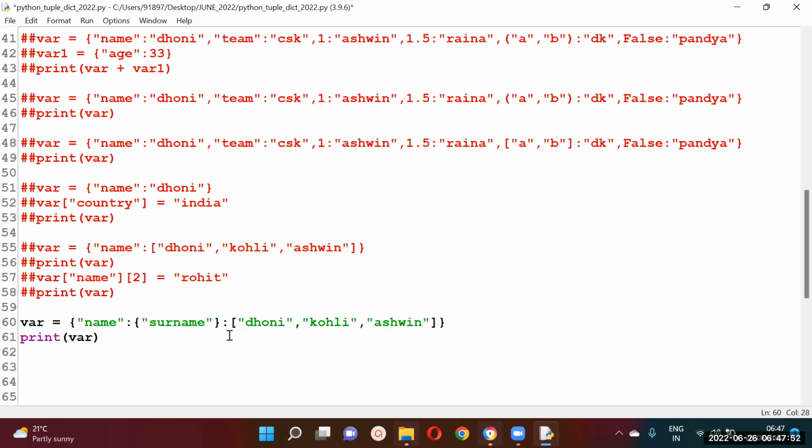Now look at that. This is another complex representation. What it is? It is another representation. Now, name is a key that contains a value, and that value is again a dictionary. Look at that. That value can also be another dictionary. So when you run,